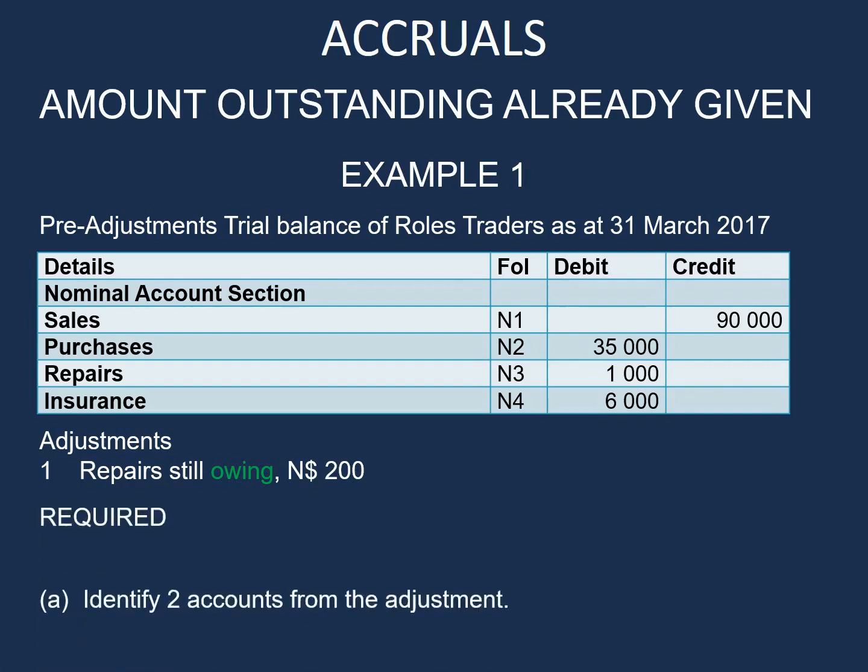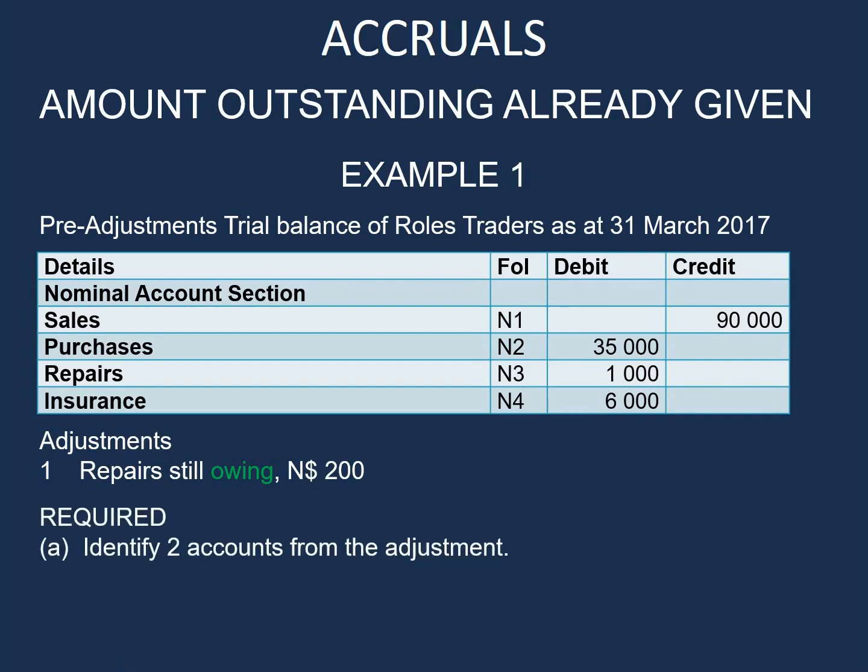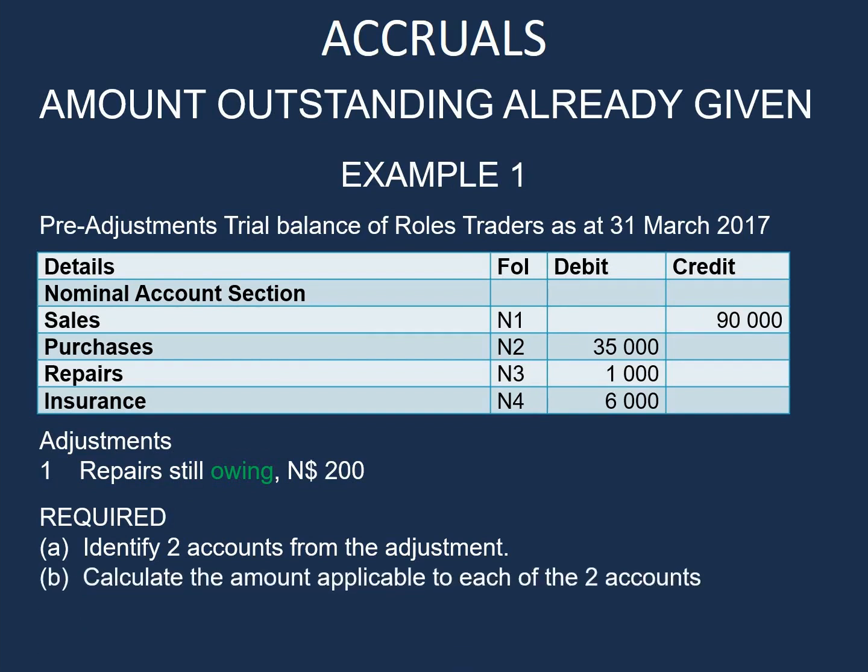Now what's required is to identify the two accounts from the adjustment. The one account we have is repairs, and the other one, the keyword is owing, so that means it will be accrued expenses. After we have identified the two accounts, we need to calculate the amount applicable to each of